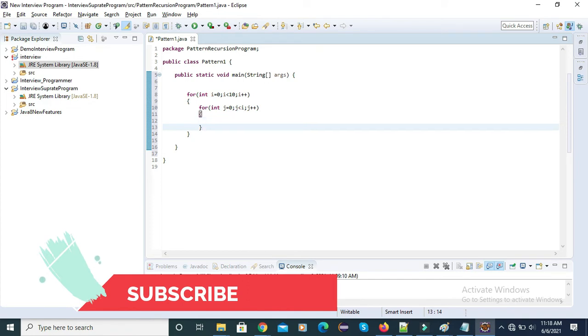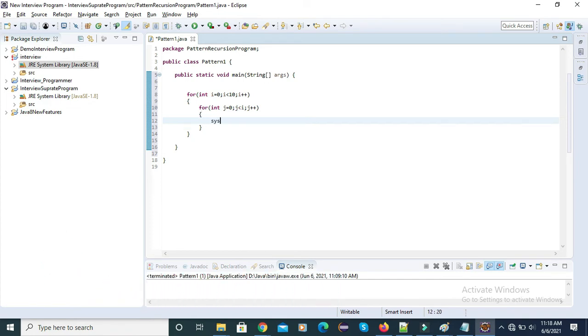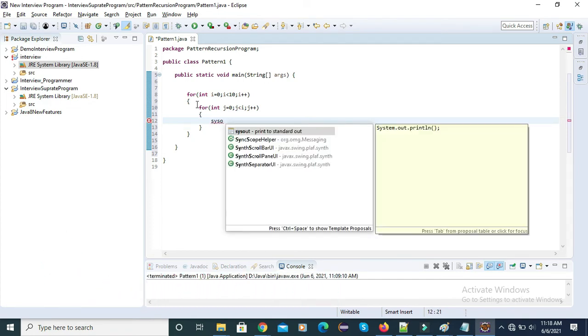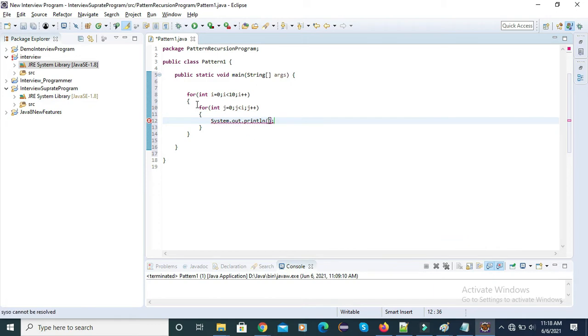That simple. I'll type sysout, Ctrl+Space, and you can get the options. I'll add System.out.print, not println, because we are not printing every column on a new line. So I'll remove the ln, keep just print, and add star and space.